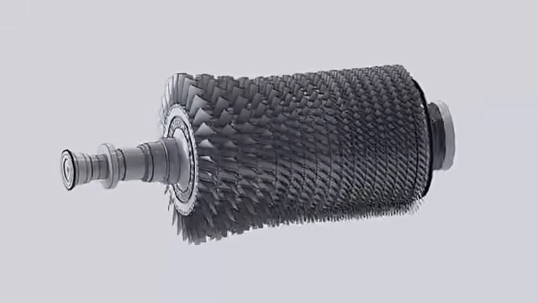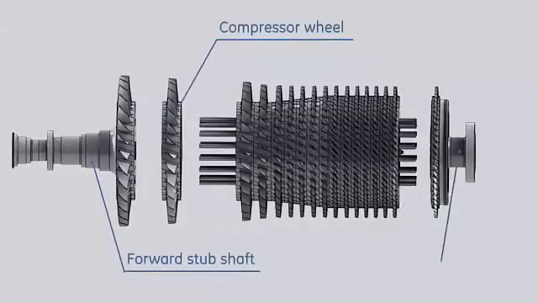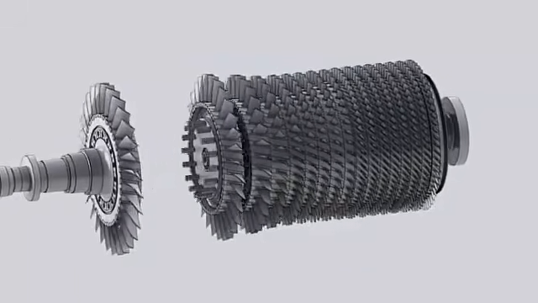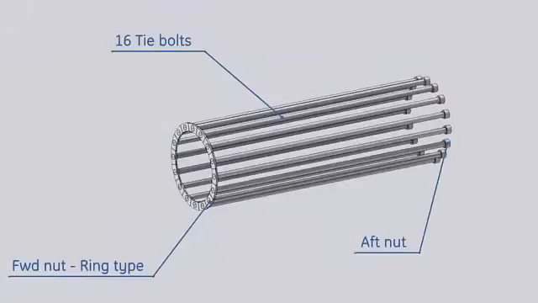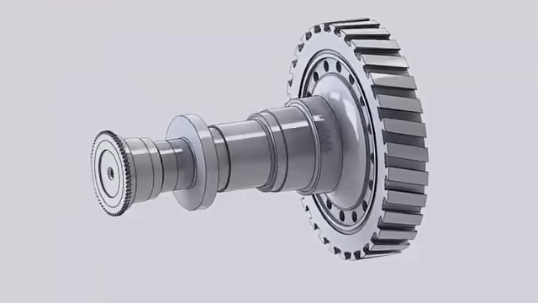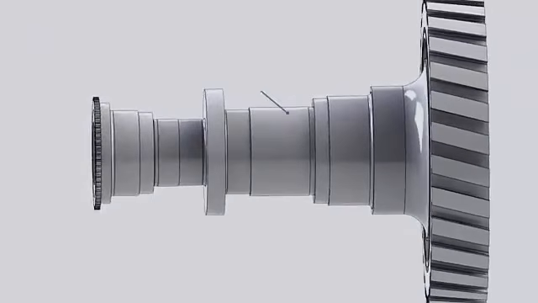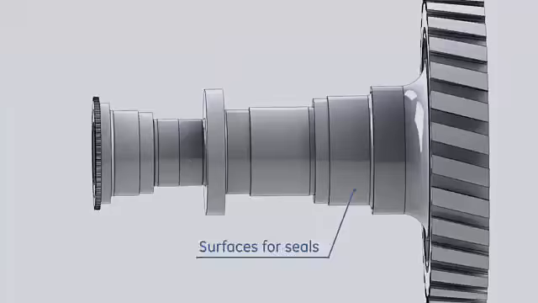The compressor rotor has 17 stages of rotating blades. It is assembled of 15 individual wheels and 2 stub shafts. All wheels are held together with 16 tie bolts and nuts. The forward stub shaft is machined to provide the following features: thrust collar, which carries the axial downstream and upstream thrust forces to prevent rotor axial movements; journal surface for bearing number 1 and surfaces for oil and air seals;